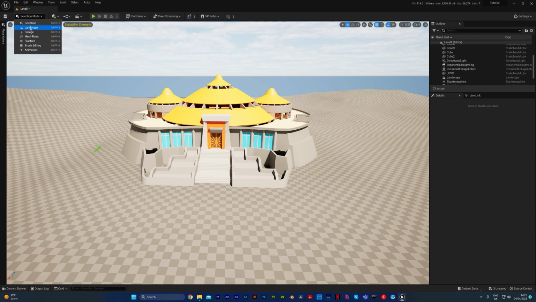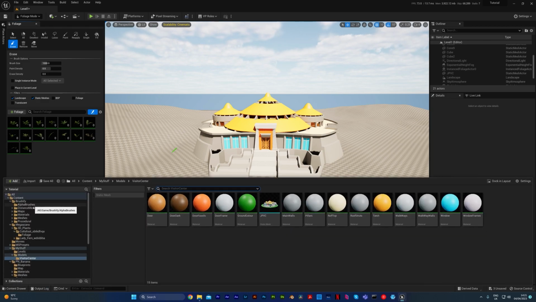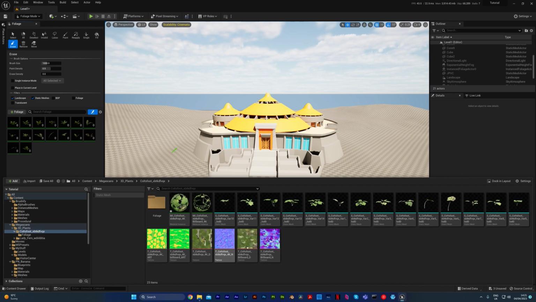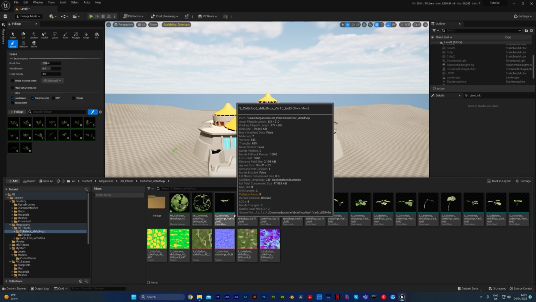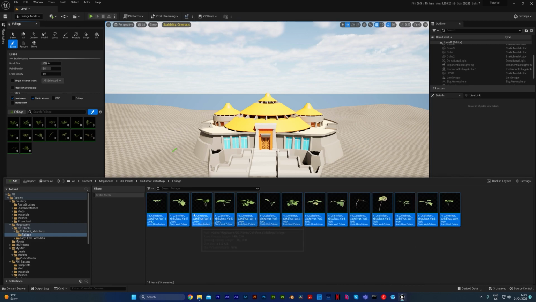So come to selection mode, go to foliage mode or press Shift 3, and you can see it has already preloaded our ferns with their foliage type, but I actually downloaded some extra ones that we're going to want to use. So if I just navigate to the Megascans folder, you can see we've got 3D plants, and this is the ferns that we downloaded, and this is some other sort of clover-esque weed things. And you can see it's got a foliage folder here where we can add in just some extra bits of foliage, because nature has a huge amount of variety in it, so you want to try and include that as much as